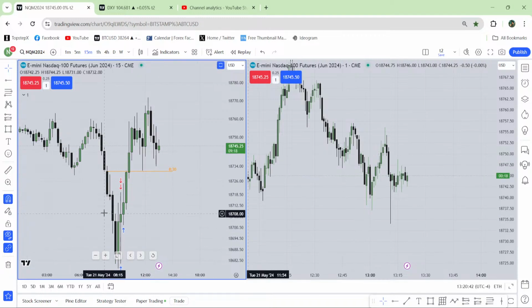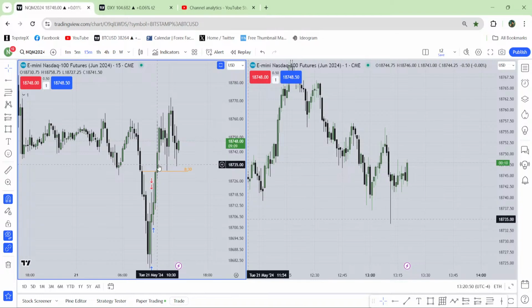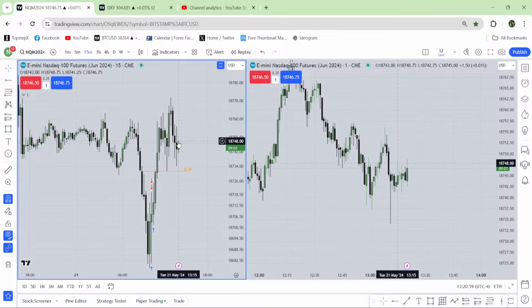Price went lower, took all of this liquidity, the sell side liquidity has been taken, then the market went higher, market structure shift, entry fair value gap, last fair value gap. Price came to the entry fair value gap and went higher. The lowest down-close body-close candle is your order block. Price traded the order block.